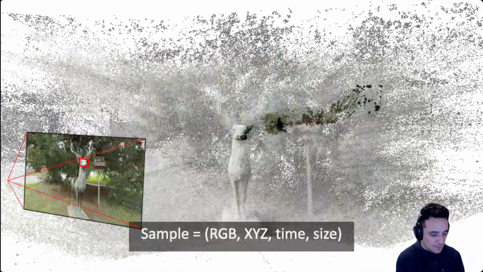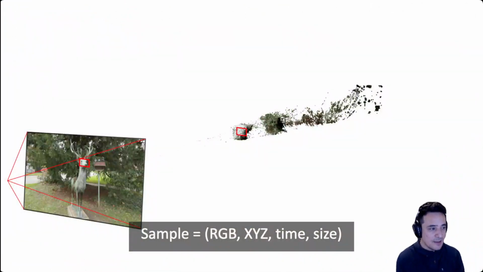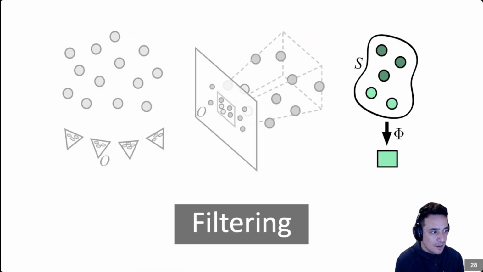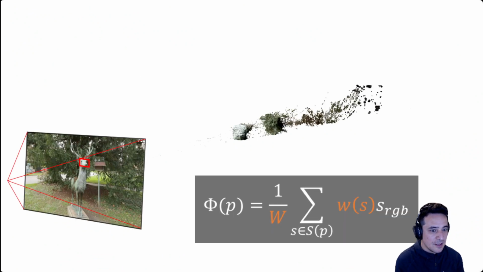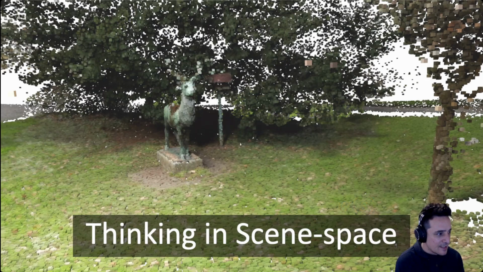And so we're going to take that sample set, and then we're going to filter this and get a single output color to put into this output frame. And this is the filtering step, which is the application-specific part. We're going to phrase all of these applications that we do just as a weighted sum. We have a weight, and I'll describe how to derive this weight, but you just weight all these samples and sum them together. So now let's go over a couple applications we can do with this framework.